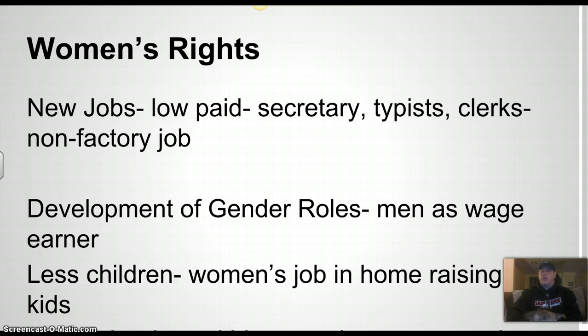all non-factory jobs that are created for women. But we also see gender roles created here as well. Basically, the idea that the man is the so-called wage earner and the woman stays home becomes a big part of this now. Part of it comes down to changes in laws. There are laws that limit hours for women working, and new laws that stop child labor, and so now it says, well, if kids aren't working, women have got to stay home and take care of them. And so all these new ideas come in, in terms of women's rights. And this idea of a gender role, of what men and women should be doing, starts getting created at this time in Europe.